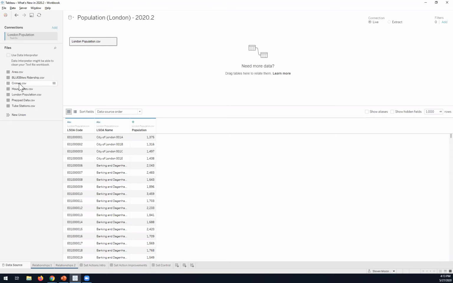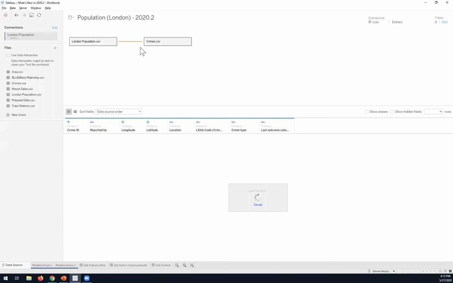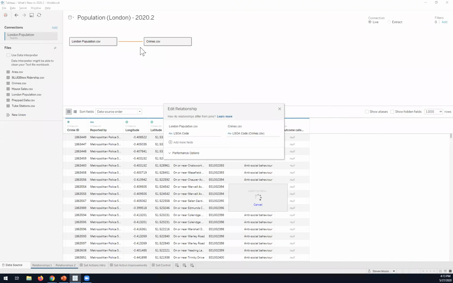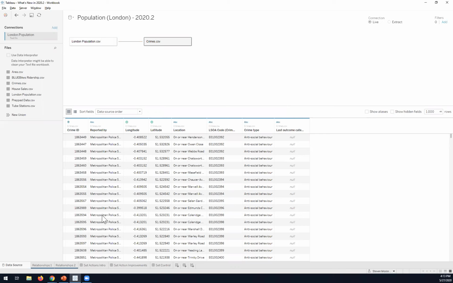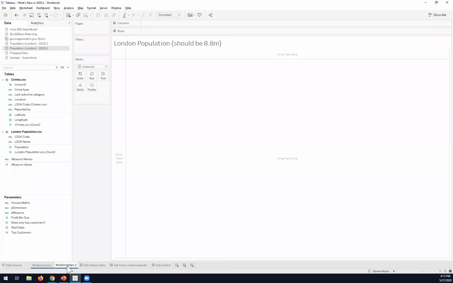Now if I bring out the crimes data source here and join this together, the field I want to join on is the LSOA code. And now I go over here to relationships, and I want to bring in my population.